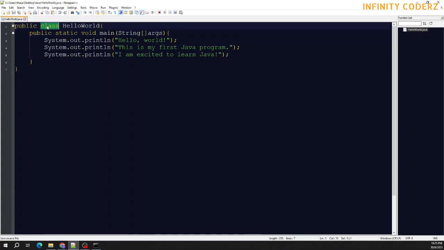So first is your outer class, and then followed by the main. When you try to execute from the command prompt later on, it will compile the class, and then it will execute your main. All the tasks under the main will be executed. In this case, we can see System.out.println is used to print out on your command terminal. Here, I'm giving a Hello World string.